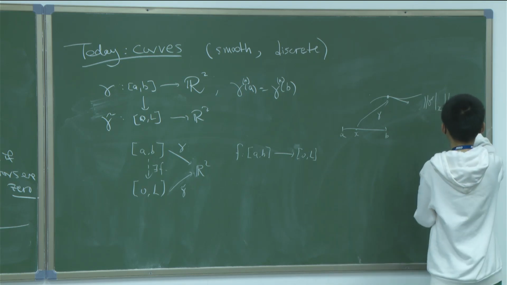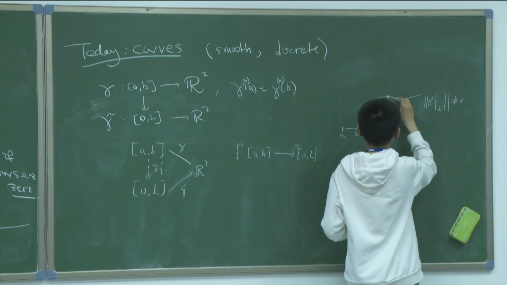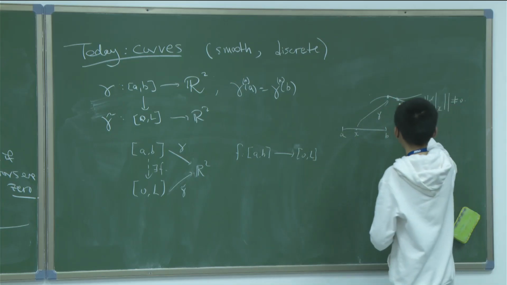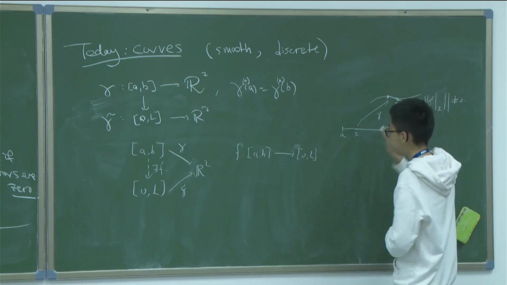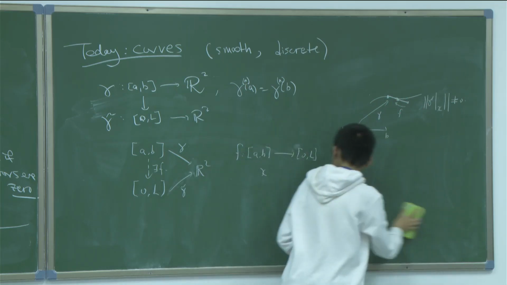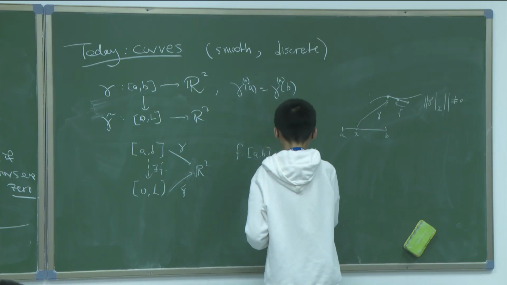So we will let this one be the speed. So how does F look? So this was F. For example, this X, then it maps to